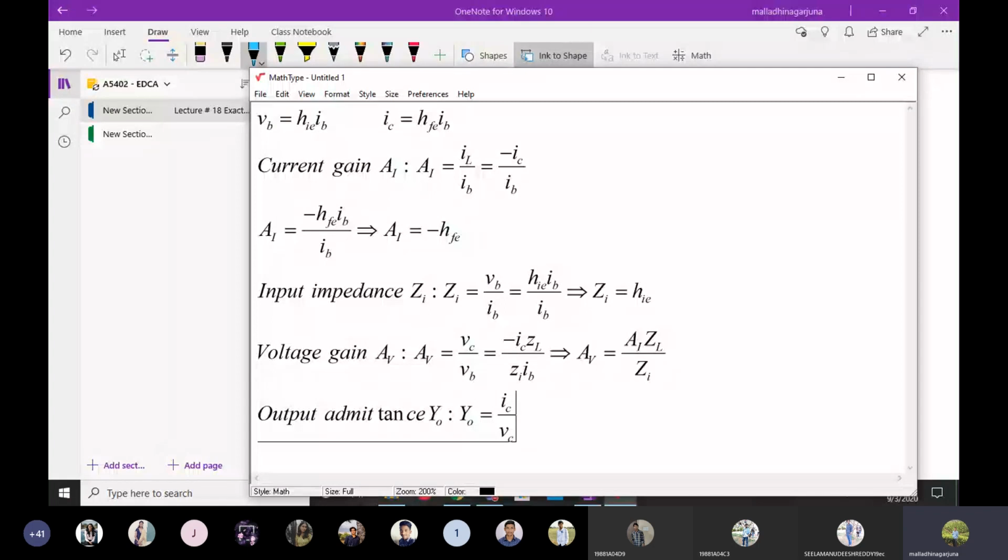So here simply we can tell that to calculate output admittance, there will be two conditions: the output load should be disconnected from the circuit, and the input voltage must be constant. If the input voltage must be constant, it means VB